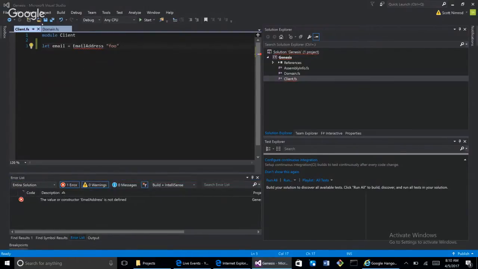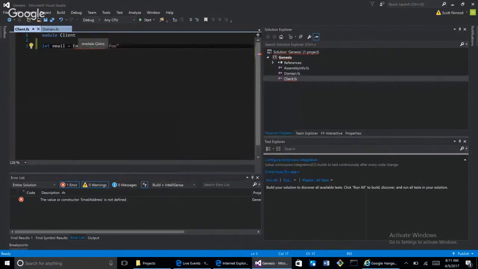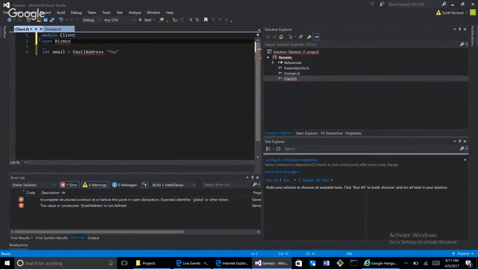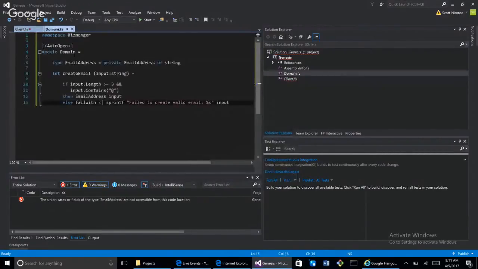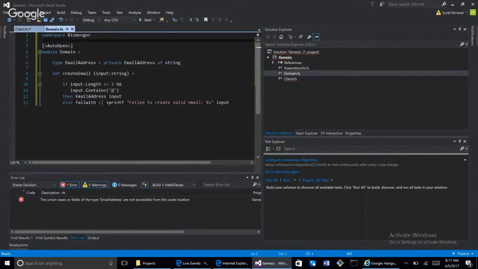How do I do this? Hold up. Bizmonger, module domain equals. Do I have to open Bizmonger? Open Bizmonger. All right. Anyway, I don't know how to do it, whatever this auto open does. I'm not going to spend too much time on it. I just have to do my research on why this auto open is not working. Anyway,